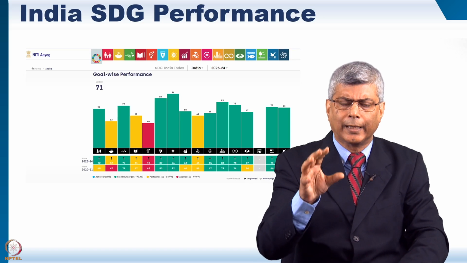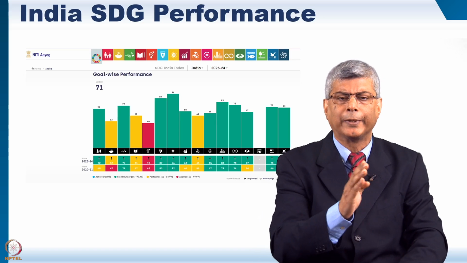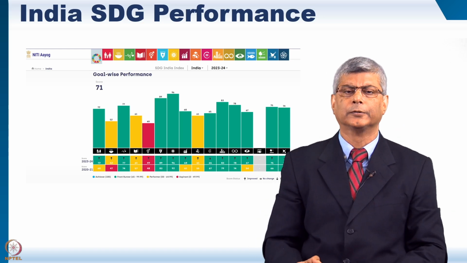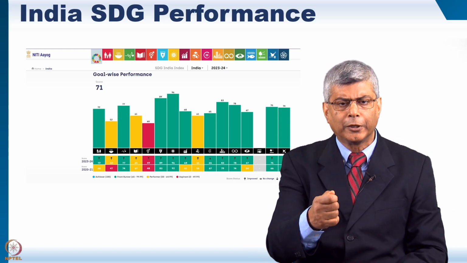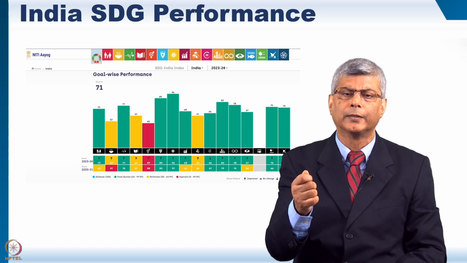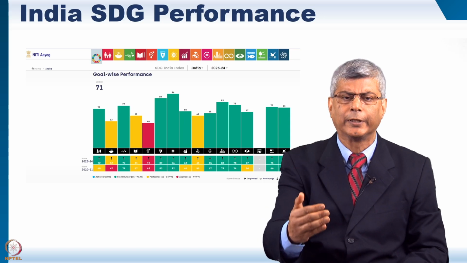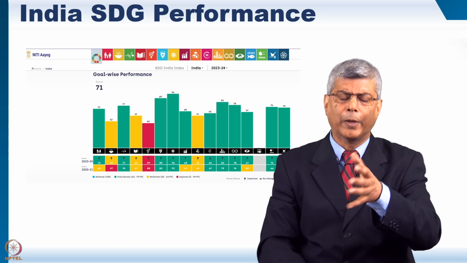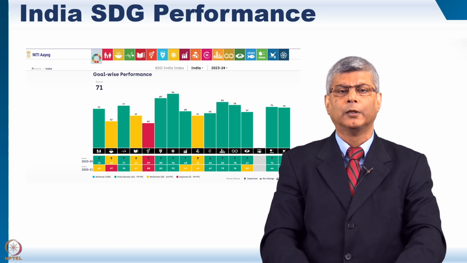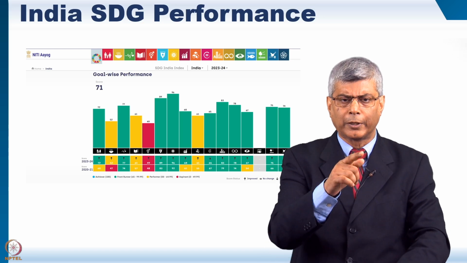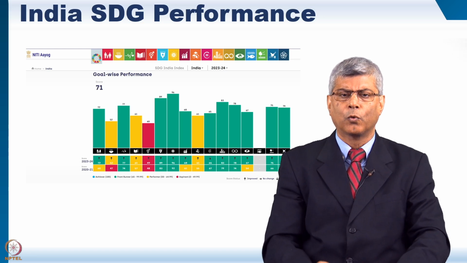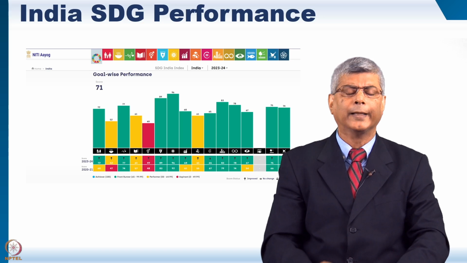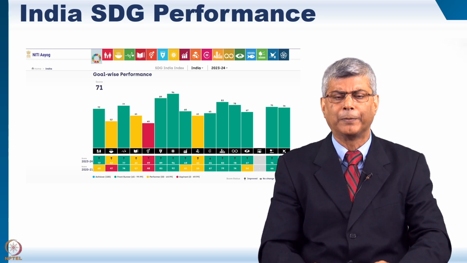This is a dashboard which shows how India is progressing across the different SDGs. So you can see for yourself which are the greens, which means India is progressing sufficiently, and as per our commitment, which are the yellows, where you are not progressing as well, and which is the red, there's one red you can see there, where we're completely off track. And this is all transparent and available on the government website, in the Niti Aayog